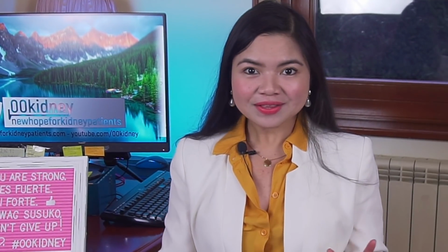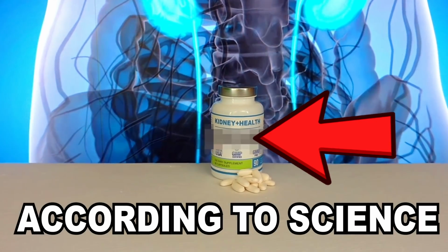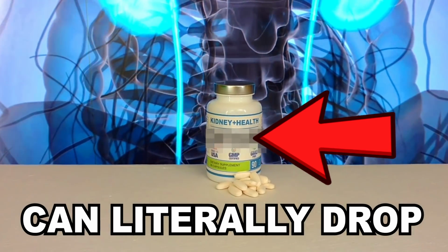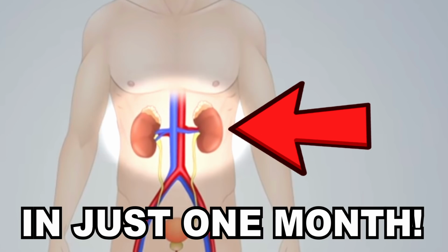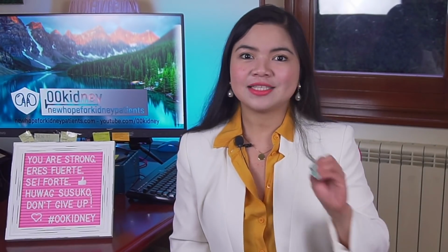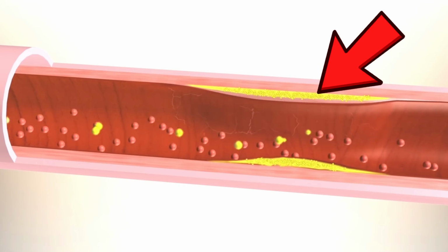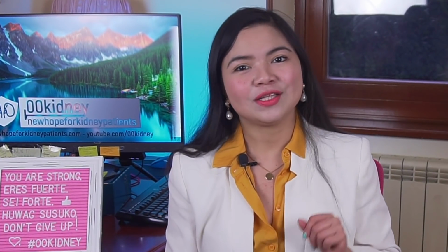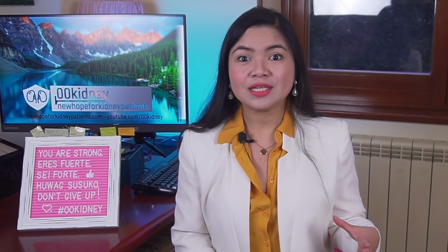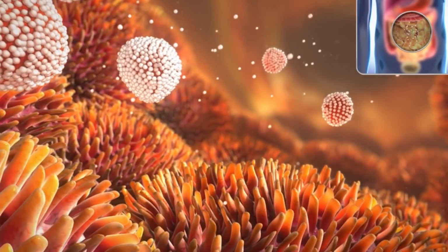Today, I'm going to show you how to use this little known remedy that, according to science, can literally drop your creatinine levels in just 1 month. This is a remedy that's often used as a weight loss pill and a cholesterol lowering supplement. It works by binding to cholesterol in the intestines, but it doesn't just bind to cholesterol. What's so amazing about this remedy is that it blocks the absorption of many substances that cause damage to your